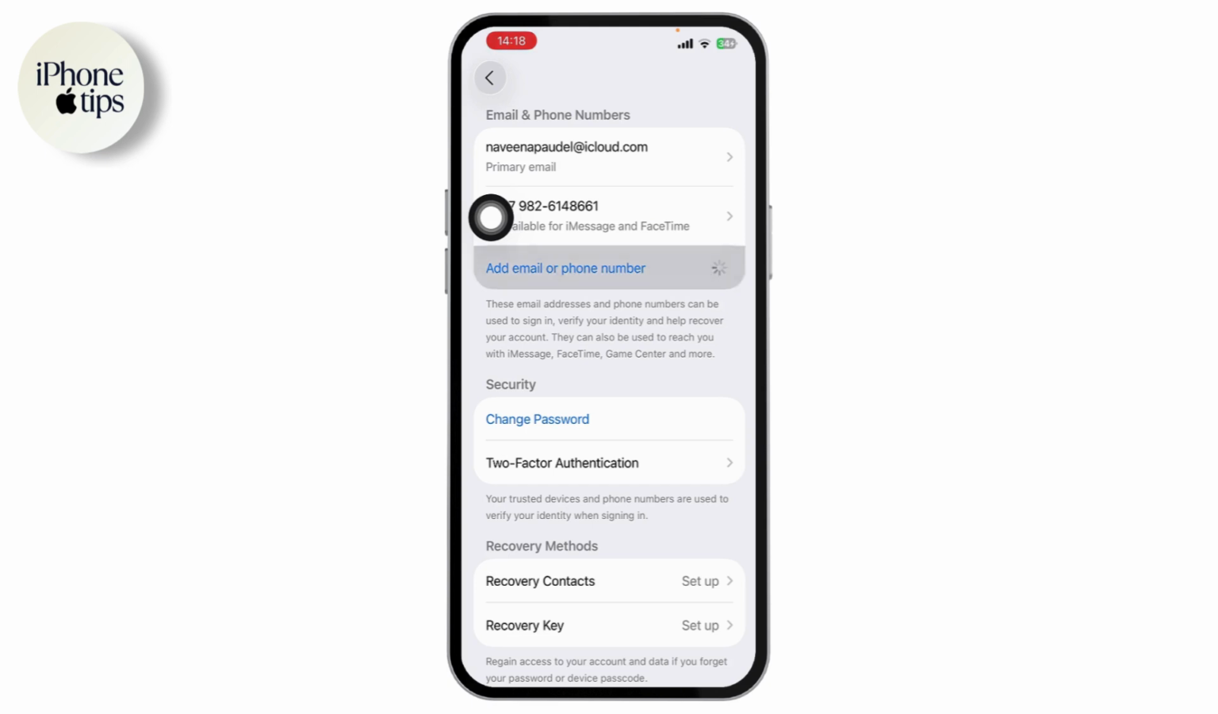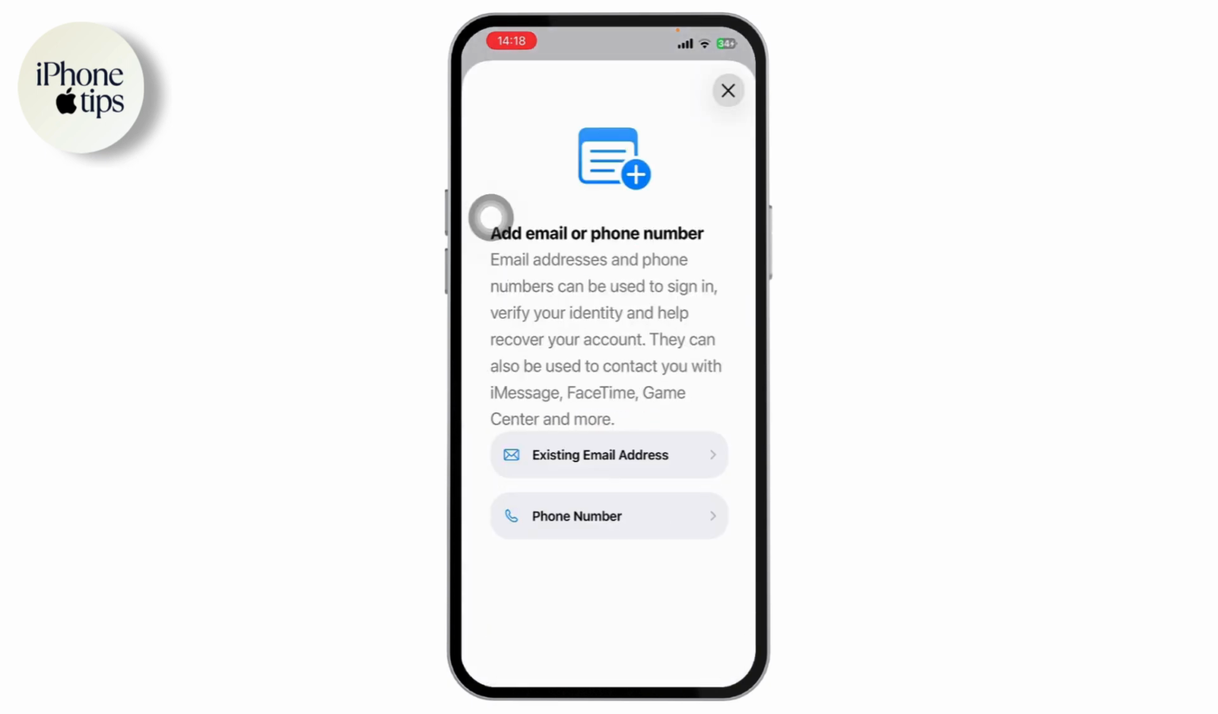After that, go with add email or phone number and then add a phone number. After that, you will need to just enter the verification code, follow the rest of the prompts, and re-add your number. Check your issue, but if re-adding the number did not fix your problem, then you can follow the next solution,